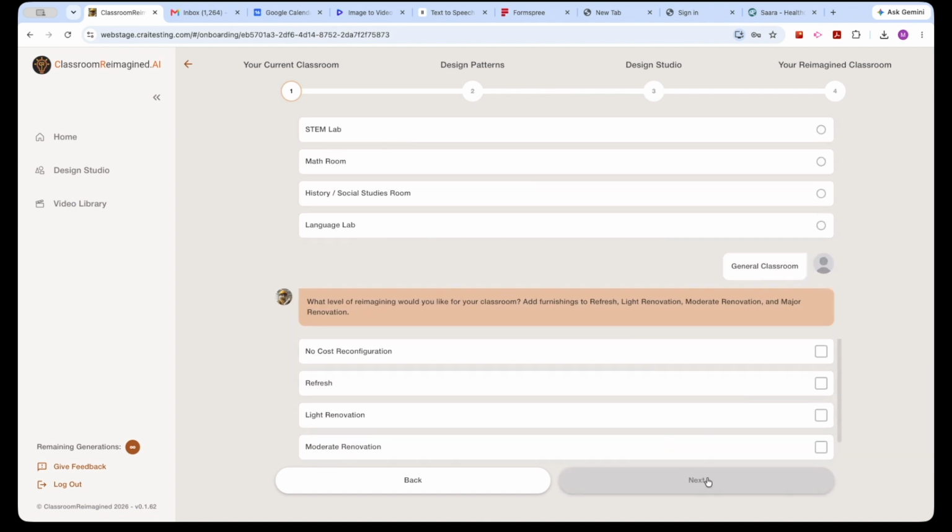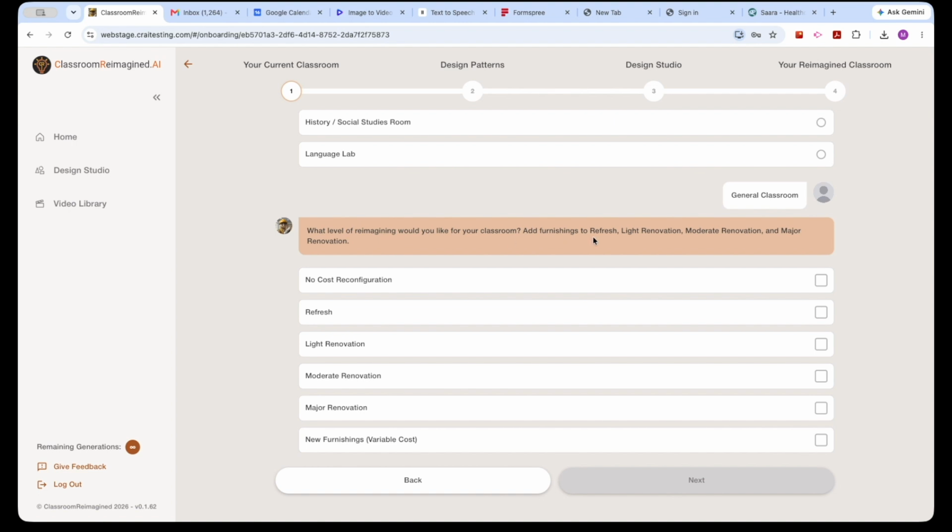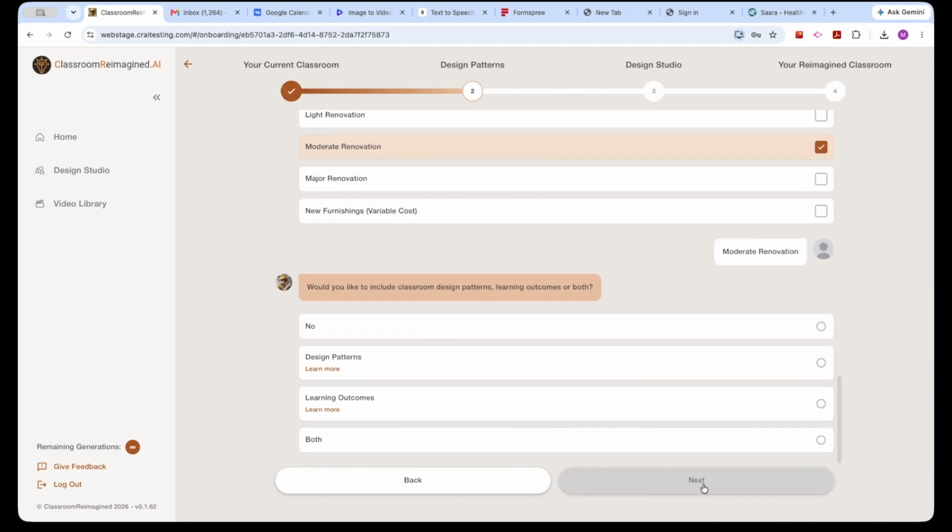This question asking the level of your classroom reimagining is so that you can determine the level of cost involved. You can start with a simple no-cost reimagining and move up to a complete renovation that of course will require a larger budget. You can also click a second button to determine if you also want to add new furnishings